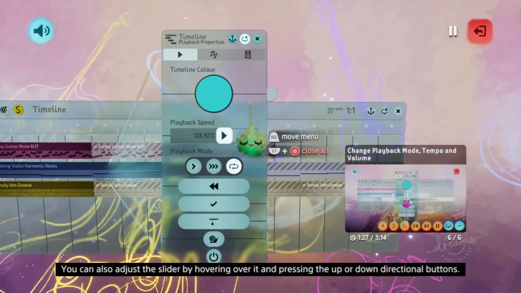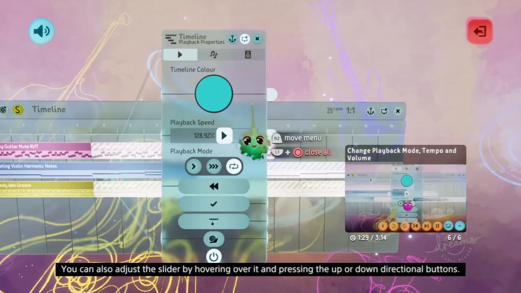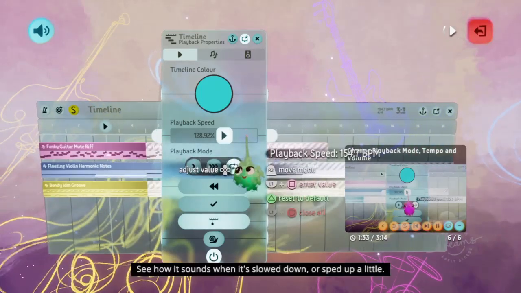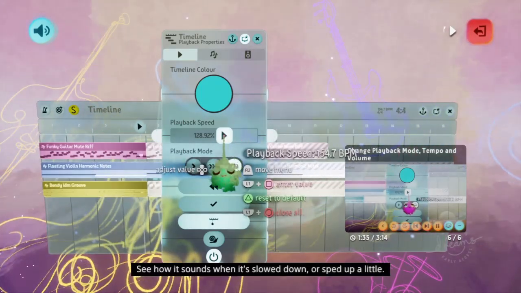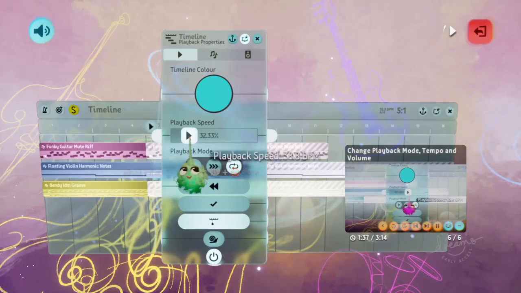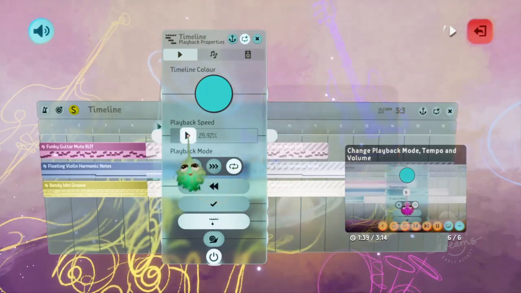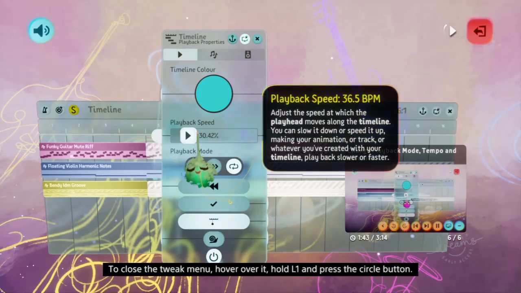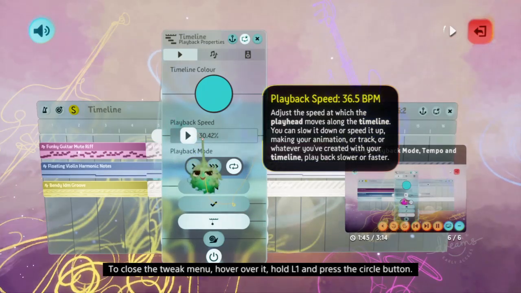You can also adjust the slider by hovering over it and pressing the up or down directional buttons. See how it sounds when it's slowed down. Interesting. Or sped up a little. Oh, go really slow, leave it like that. To close the tweak menu, hover over it, hold L1,